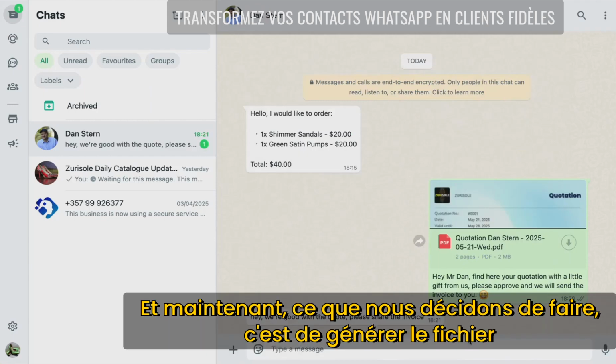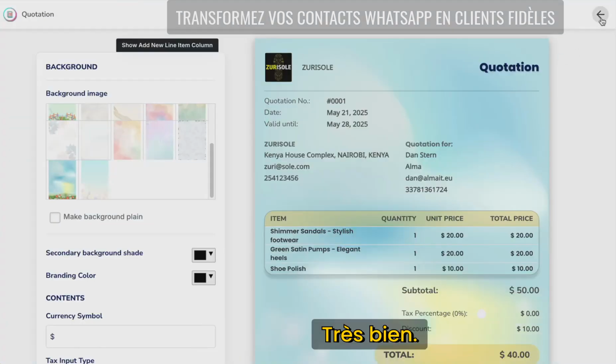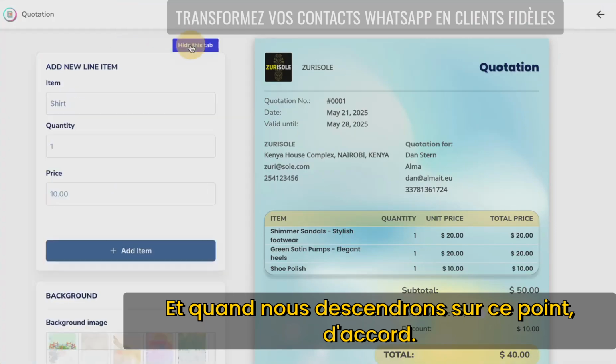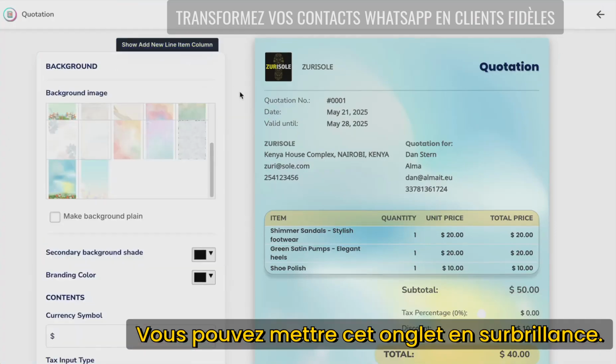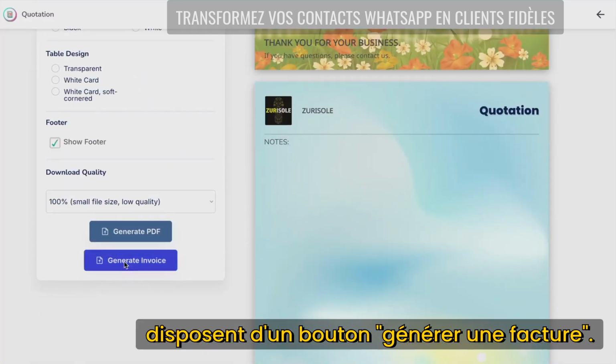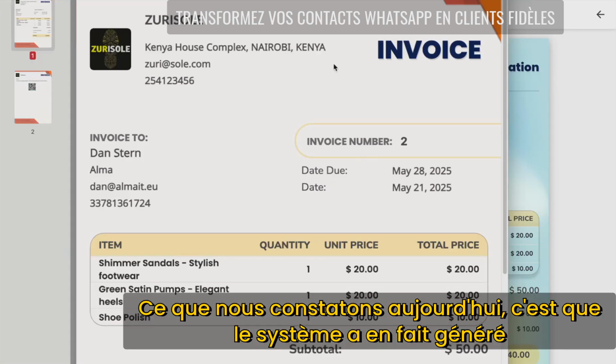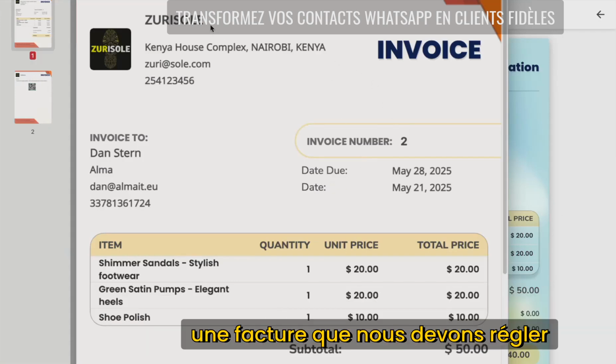And now what we decide to do is basically generate the invoice. So we go back to quote. All right, and when we go down here, what we see is that we have a generate invoice button. So we just click here and wait. What we see now is that the system actually generated an invoice for us for the same customer,